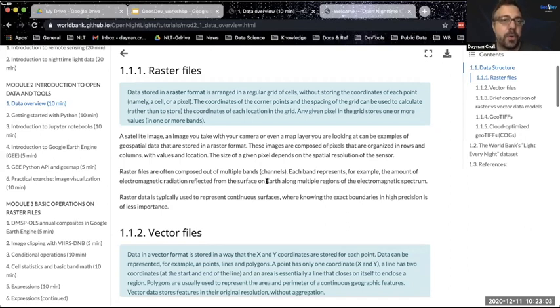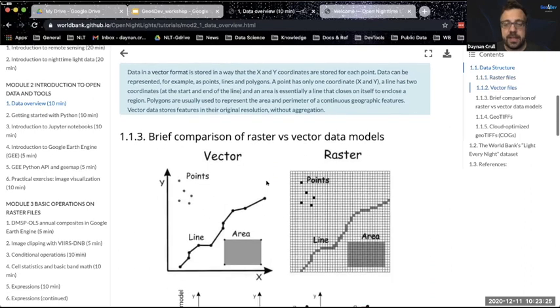Now, you can have multiple values for multiple bands, in which case you'd have a three-dimensional tensor, basically. You have row, column, you have width, height, you have lat, long, however you want to think about it in two dimensions. And then your third dimension is the bands or the levels of data. So this is a very common data type, and you can picture it as pixels in an image like this.